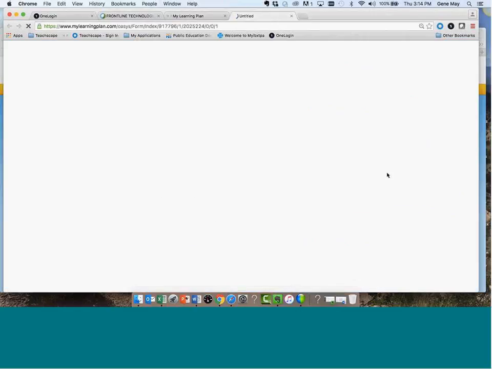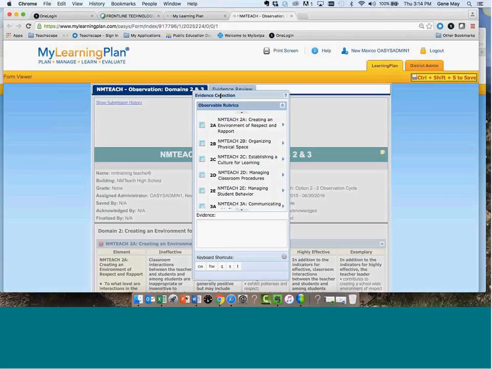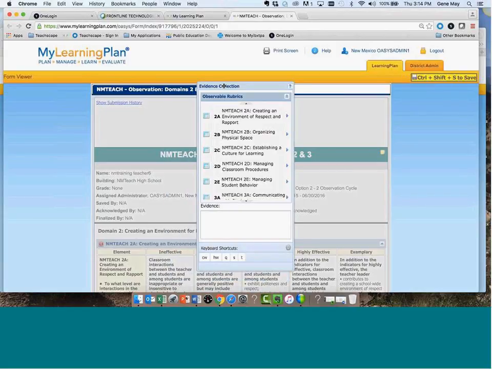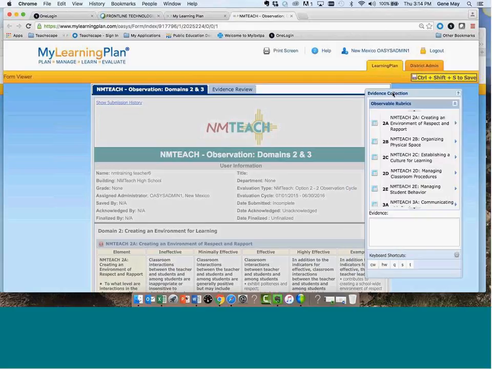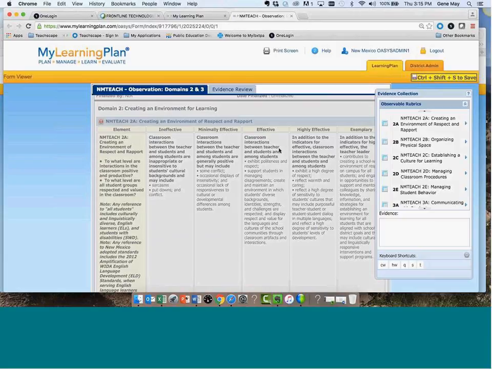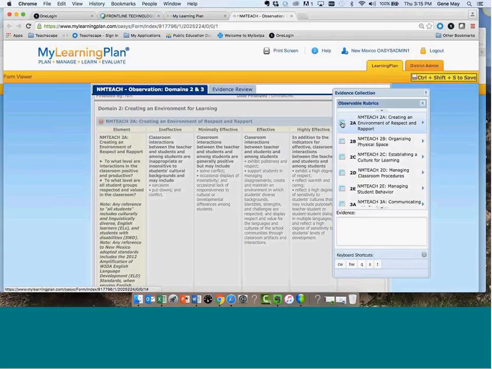and simply click on it, and it's going to open up the tool. And right here it is. It's short and little. As you can see, I can move it around the screen, which is nice. So I actually move it over here to the side, and then over here still see the rubric while I'm gathering my notes and evidence for this teacher. And so to gather your notes and evidence, if you need more information, you can click on the arrow here to open up